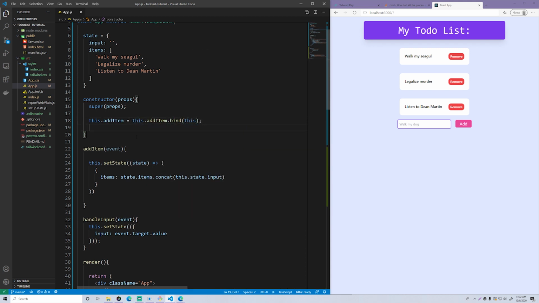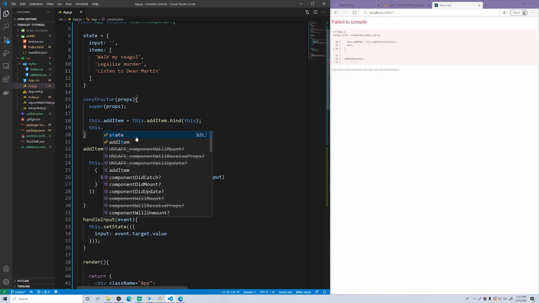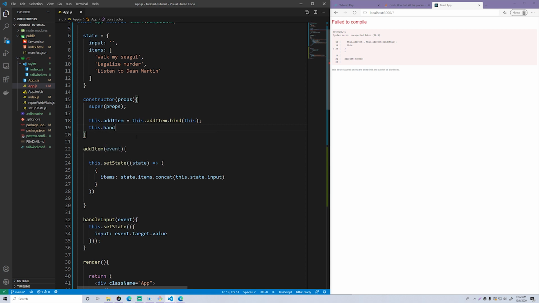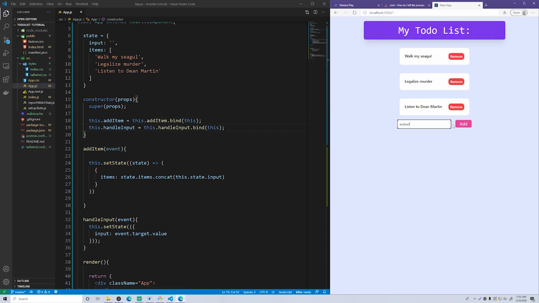So that's going to bind it to the class. And then this.handleInput. So basically any member function that you create for this class, you need to bind it. handleInput.bind(this). There we go. So that should help with that. Let's see what happens now.